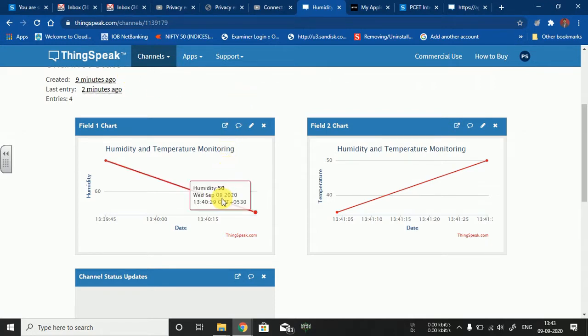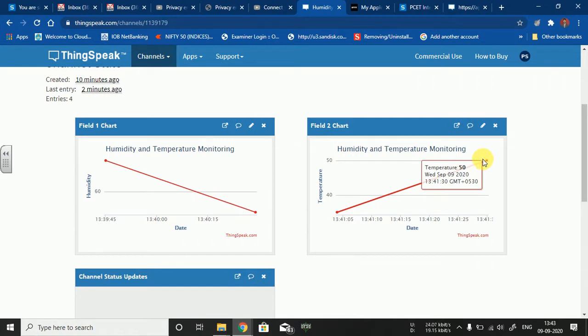If the humidity exceeds a certain value or range, we can call this a thresholding value. Suppose it exceeds 80% humidity, or if I am talking about temperature, if the temperature exceeds 50 degrees centigrade, then it can send you a notification on your mobile phone, via SMS, via a call, as well as via email.